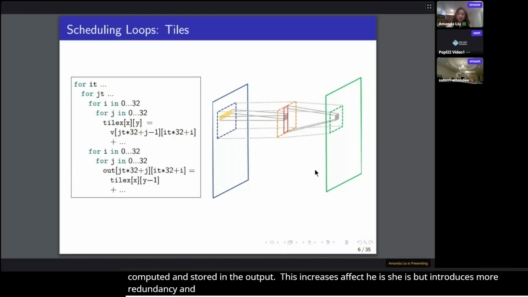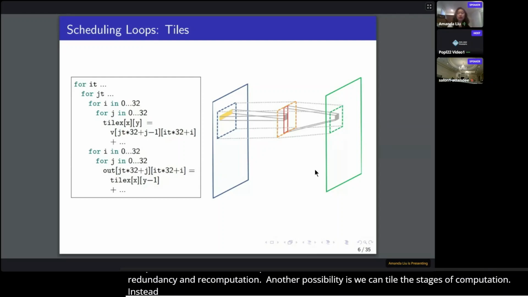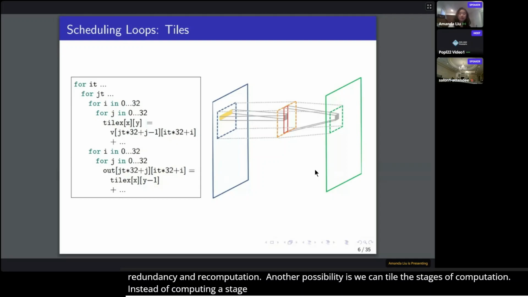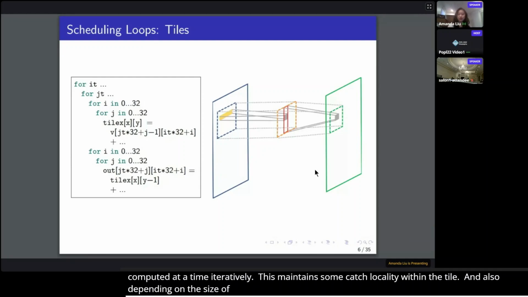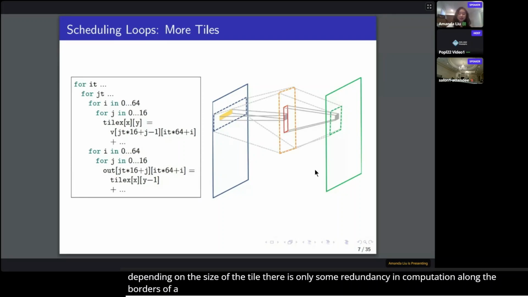Another possibility is we can tile the stages of computation. So instead of computing a stage in its entirety before using it in the next, different chunks or tiles can be computed at a time iteratively. And this maintains some cache locality in the computation within a tile. And also, depending on the size of the tile, there's only some redundancy in computation along the borders of a tile. And of course, by varying the sizes of these tiles across any number of stages, we can change and